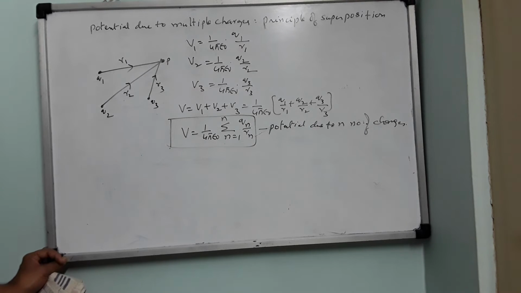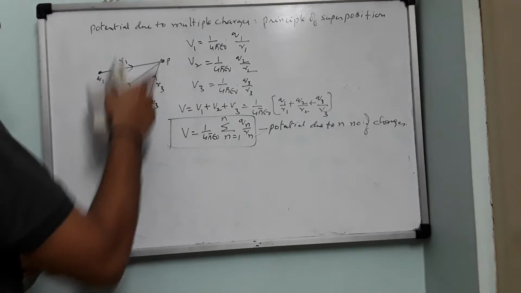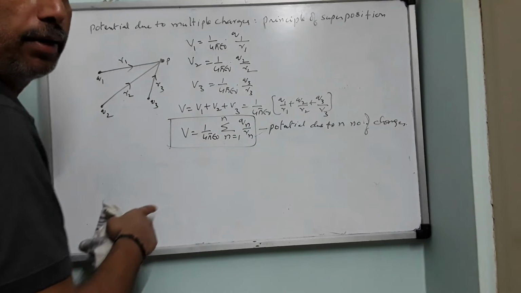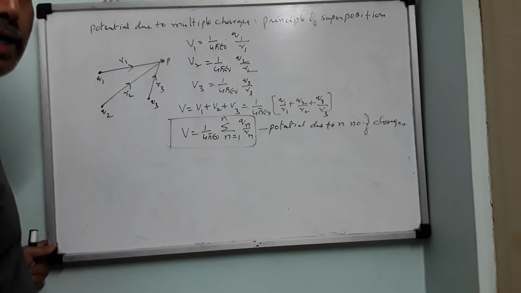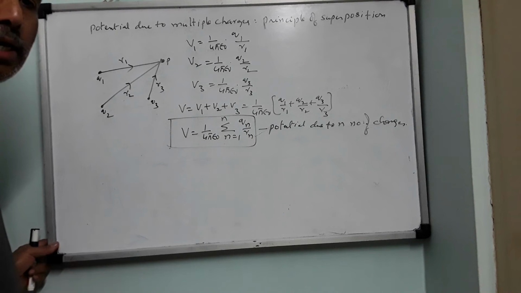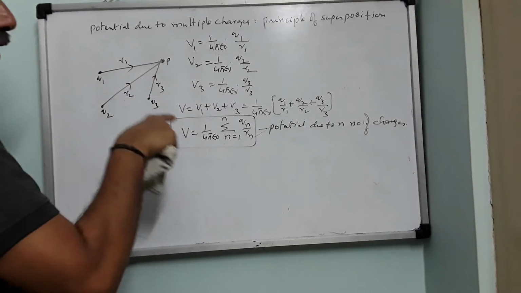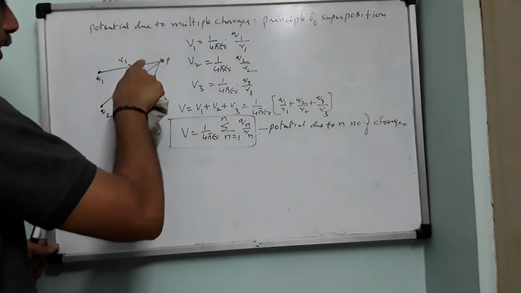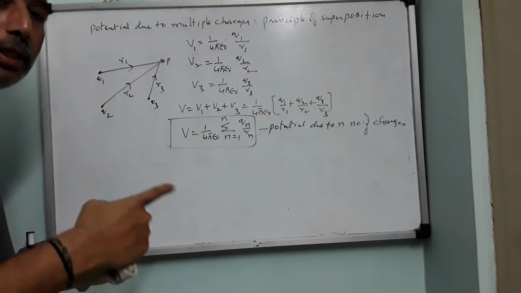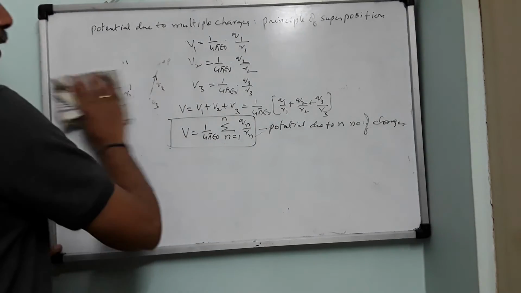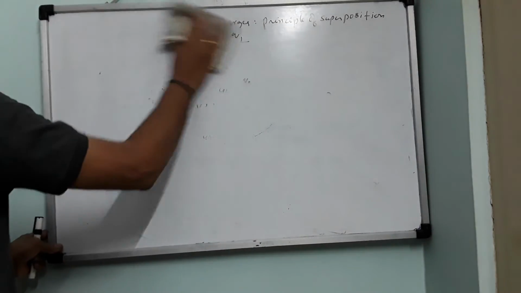So there. Okay. We will do some applications of this, then you will understand this. Nobody will ask you to derive this, but remember what we did. We simply calculated potential due to every charge at the point of interest, and then we added them. Adding scalars is very easy compared to adding vectors. If I ask you to calculate electric field at this point, it is not this easy. You will draw the electric field directions like this. Two vectors are resolved into a single vector by parallelogram. That single and the other vector will become two sides of the parallelogram, and so on. Right. So we will do one problem.